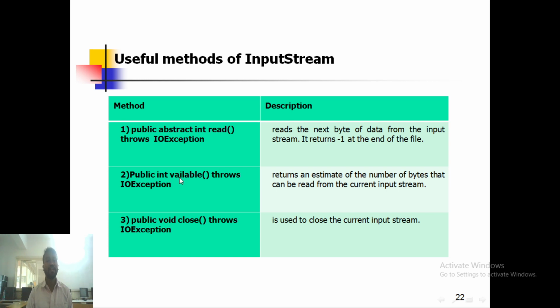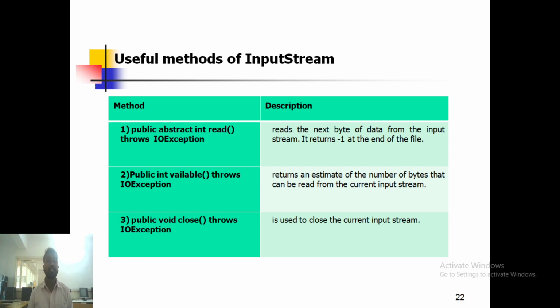The second method is public int available(). With the help of this method you can estimate the number of bytes that can be read from the current input stream. Suppose there is one string, "hello students".